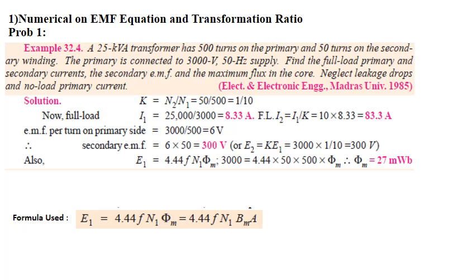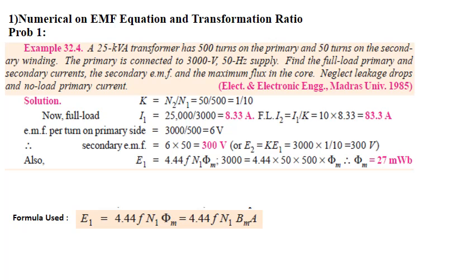Now in the second part, we are supposed to calculate the full load secondary current. If we use the formula of kVA rating divided by V2, we will need the value of V2. But since V2 is not provided, what can be done? You can see that the number of turns in the primary and the secondary are given. So from the primary and secondary turns, we can get the transformation ratio, and using the transformation ratio we can calculate the value of I2. So I2 will be equal to I1 divided by K.